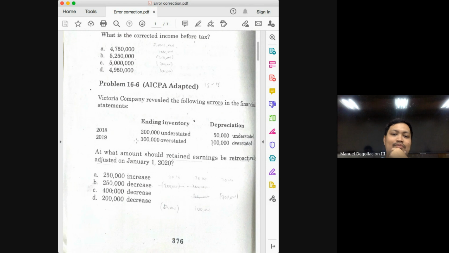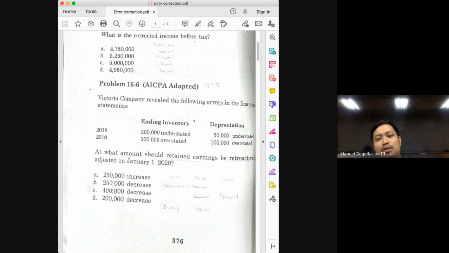Once you deduct the ending inventory from your TGAS, you will already have your cost of goods sold. Okay? And why is cost of goods sold relevant, class? Because cost of goods sold is needed in the computation of your net income. So here in 2018, what happened first in 2018? Let's accumulate all the effect. Let's ask for the needed adjustment to our retained earnings. Whatever would be the error in our net income, class, those would be carried or closed to your retained earnings. So if your net income is erroneous, then your retained earnings would also be erroneous.